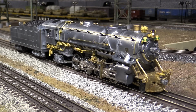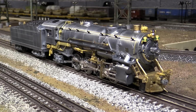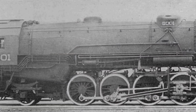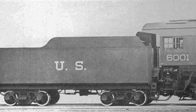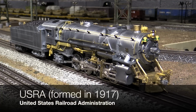The Heavy Mikado is a 282 type steam locomotive. That means it has 2 wheels up front, 8 drive wheels, and 2 wheels on the trailing truck. The Heavy Mikado was a standard class of steam locomotive that was designed under the auspices of the USRA during World War I. Now, for you kids out there, USRA stands for United States Railroad Administration, and basically what happened